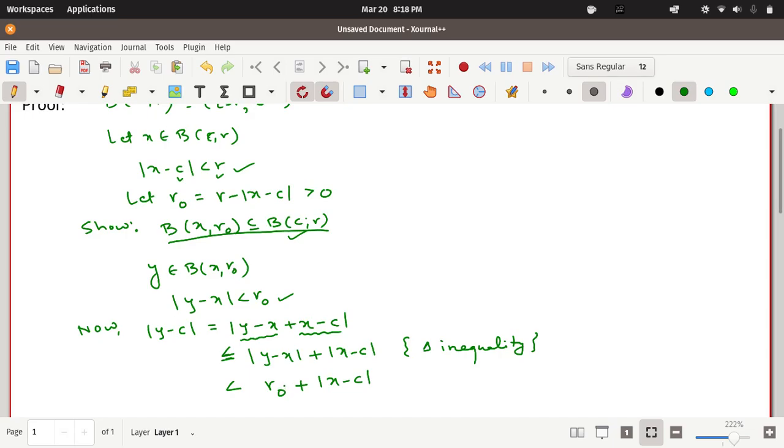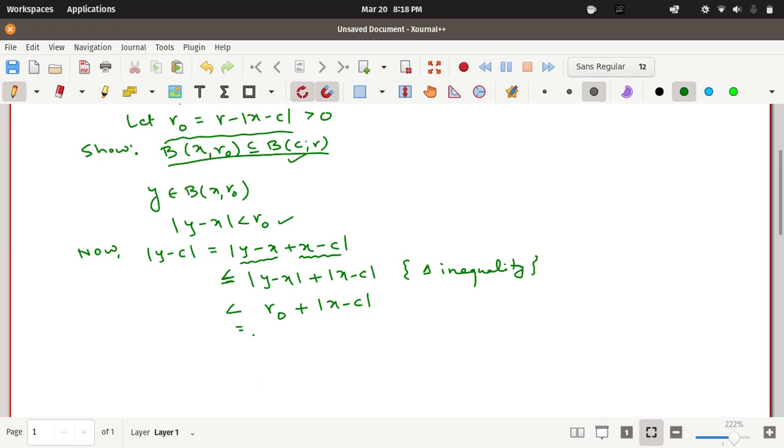Now we have got the value of R0 here, and that is R minus modulus of X minus C. So we are simply going to replace the value of R0, and we have remaining modulus of X minus C there. So now simply we can cancel these two values. Okay, so now we get R. So finally we got modulus of Y minus C is less than R,